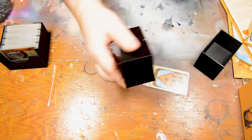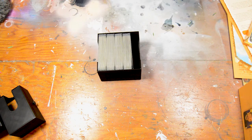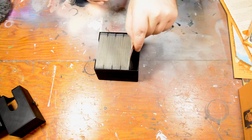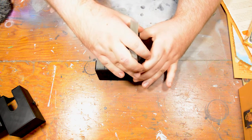Let's just stack these back up, pull that out, pull these out, a couple extras, make sure they're all going the same way. That to the side is this little card holder. Now, what is special about this in this game is, yes, it looks just like a regular card holder, but